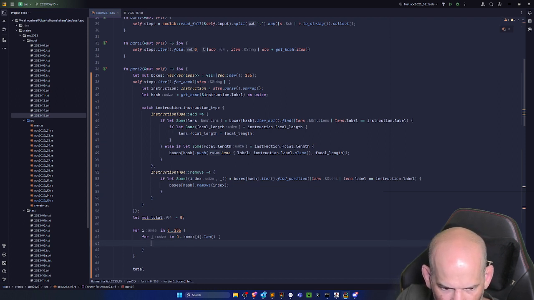So we're going to get the focal length. So boxes i j is this,